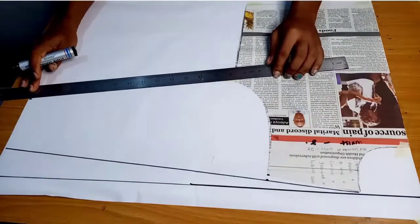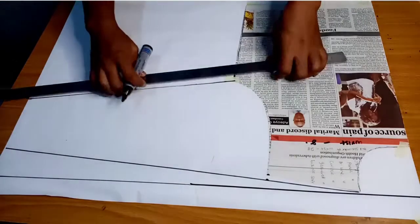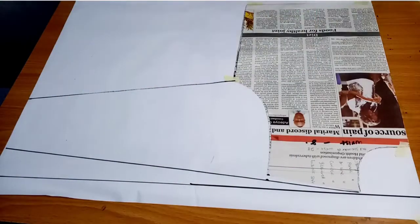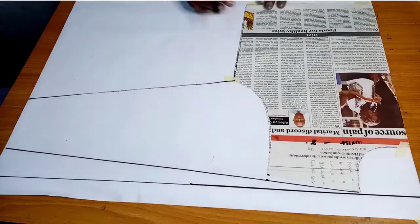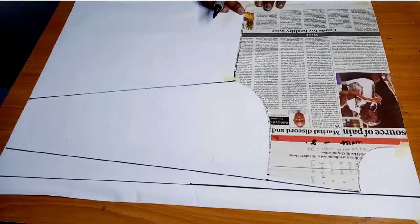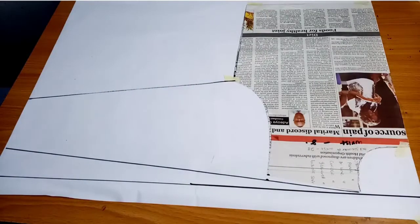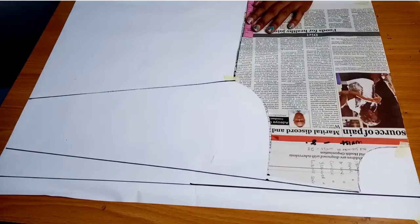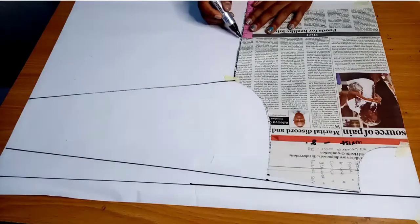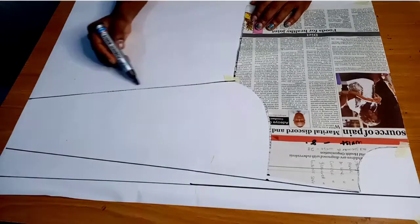However, it's important to note that for kimonos that are not going to be fitted, do you understand? Kimonos with really big sleeves, you have to, as I mentioned earlier, add 2 inches to your sleeve width measurement. So if it's 8 and you want to use maybe 12 or so, add 4 inches and then divide that by 2. And then what you should be measuring from the first diagonal line should be 6 inches, not 4 inches. So as you can see, I'm coming up by 3.5 inches, and I'm going to use my French curve